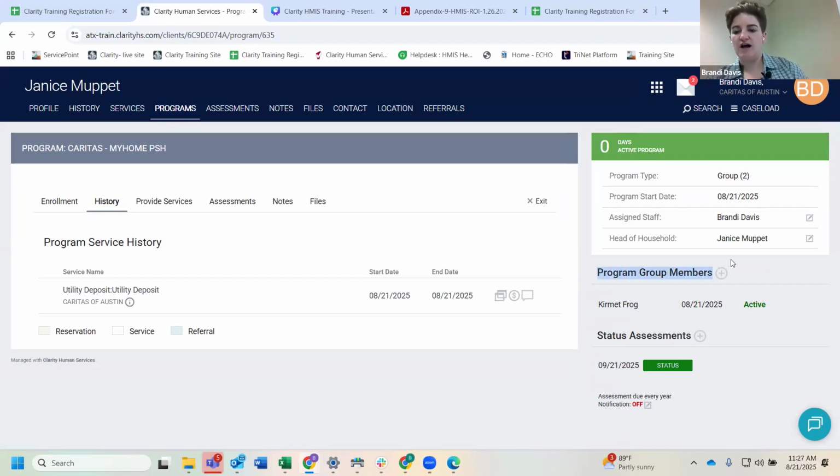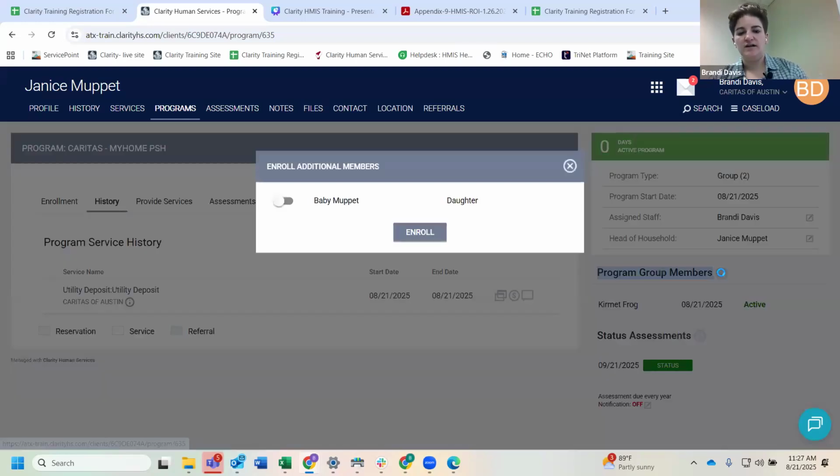How we pull in the child to the existing program enrollment is we click on this plus sign. If you hover over that, it will say add. So we'll click on that. And then we'll just toggle on the child and then click enroll. And that's how we'll pull them in there. So we'll click enroll there.